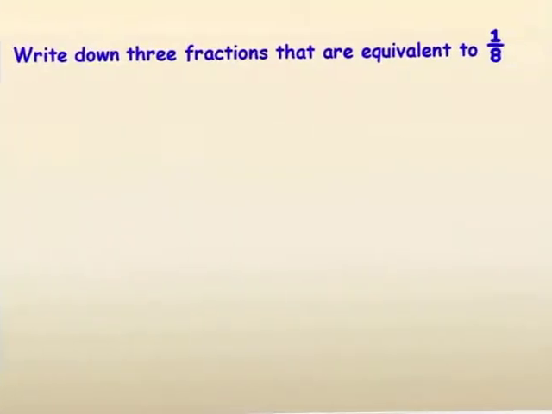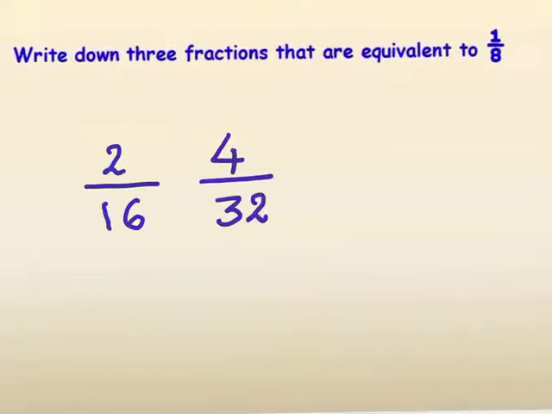Equivalent fractions 1. When you are asked to write down fractions that are equivalent to 1/8, please remember to multiply the top and bottom portions of the fraction by the same number. For example, if I multiply by 2, I get 2 times 1 as 2, and 2 times 8 as 16, 2/16. If I multiply by 4, 4 times 1 is 4, divided by 4 times 8 is 32,